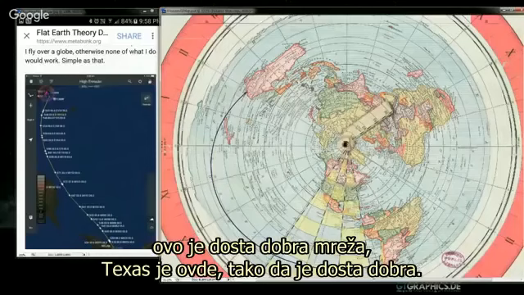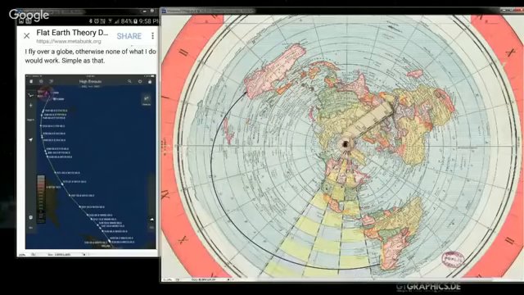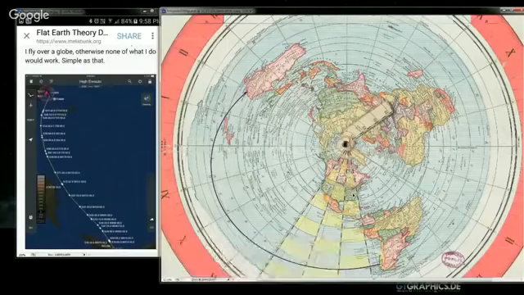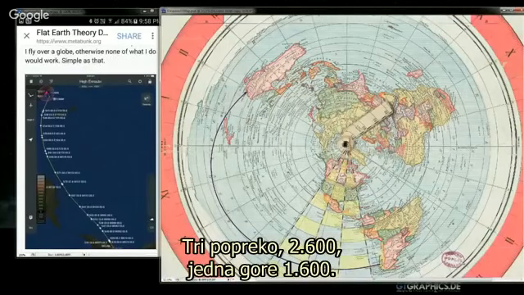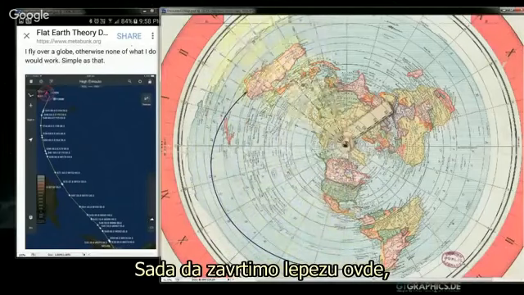You know, if you just slid the thing down, Texas continues down here, so if you just slid this down here, that's pretty good. So one grid height wise is equal to about 1,600 miles roughly. Okay, and 1, 2, 3 grids across is roughly 2,600 miles. 3 across, 2,600, 1 up, 1,600. So let's swing this little fan here